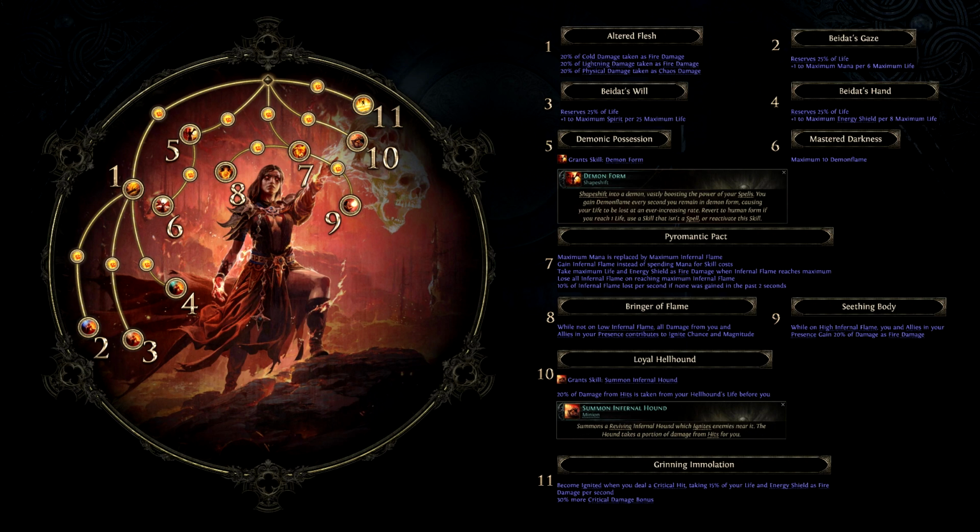Backing this up from the extra released information, there's a ton more nodes that we know about in this tree now too. Altered Flesh, which makes cold and lightning damage turn into fire damage taken, and physical damage turn into chaos damage taken. This essentially pushes you towards building less plentiful different resistances, but also makes them far more important as a result. Bedot's Gaze reserves 25% of your life, but grants 1 maximum mana for every 6 maximum life that you have. Bedot's Will reserves 25% life to give 1 maximum spirit per 25 maximum life that you have,